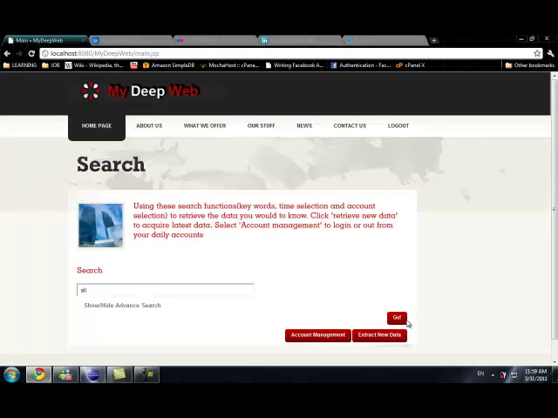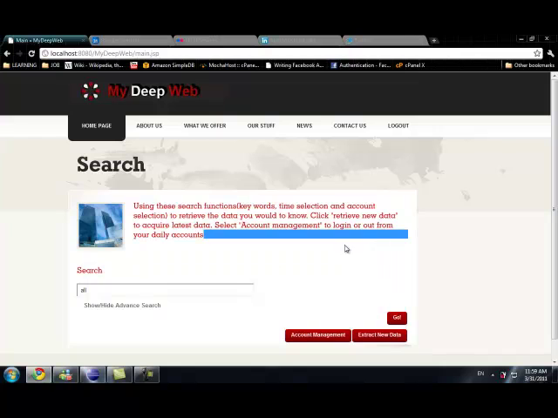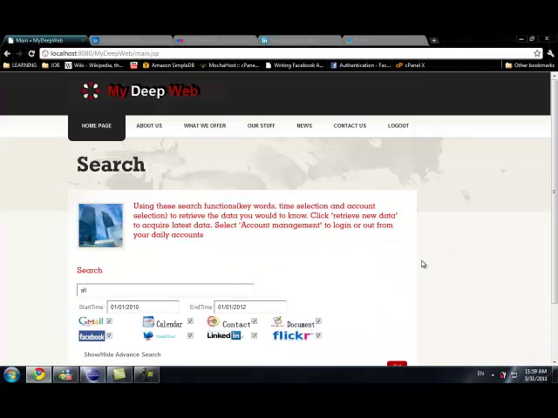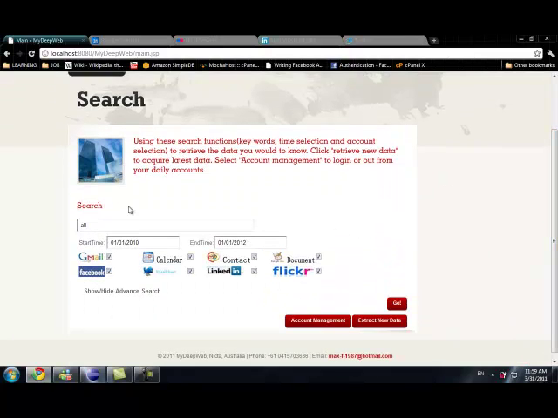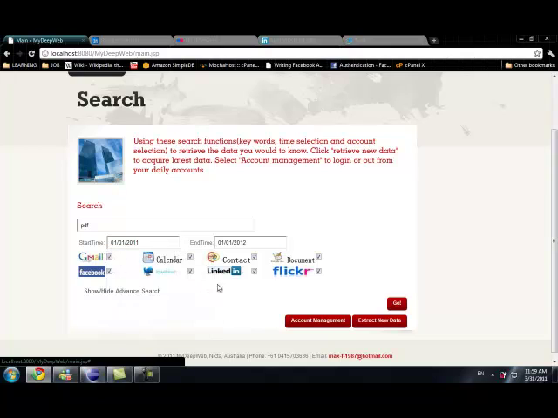Now let's try another scenario. Say you want to find a particular document which you created this year. What you could do is put either the document's name or the document's type. Here we put PDF type, and we select the time range, and then start the search.